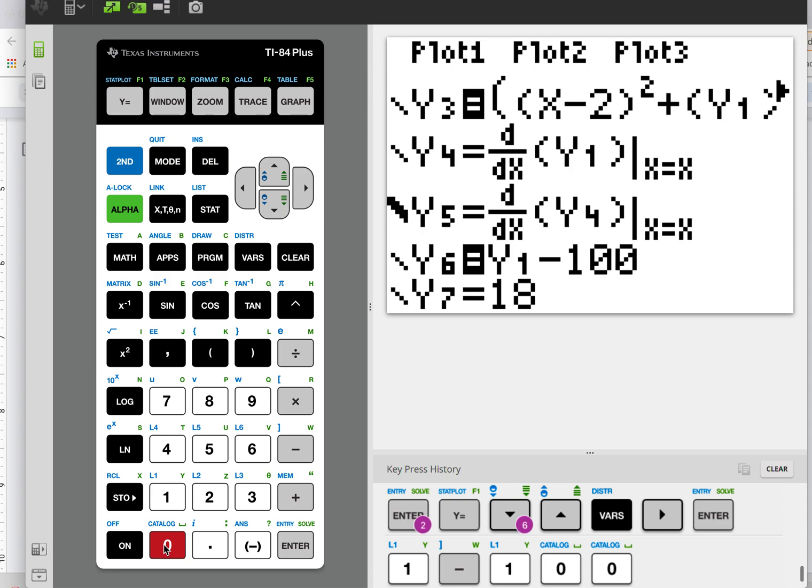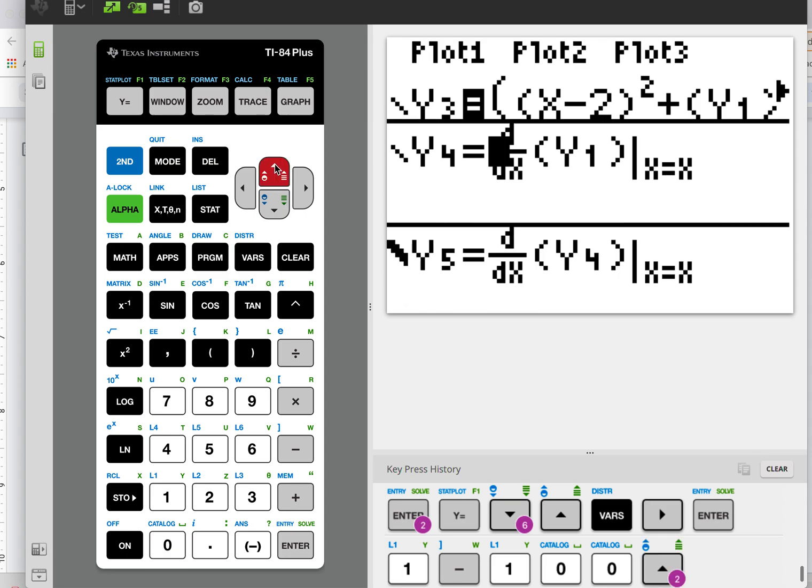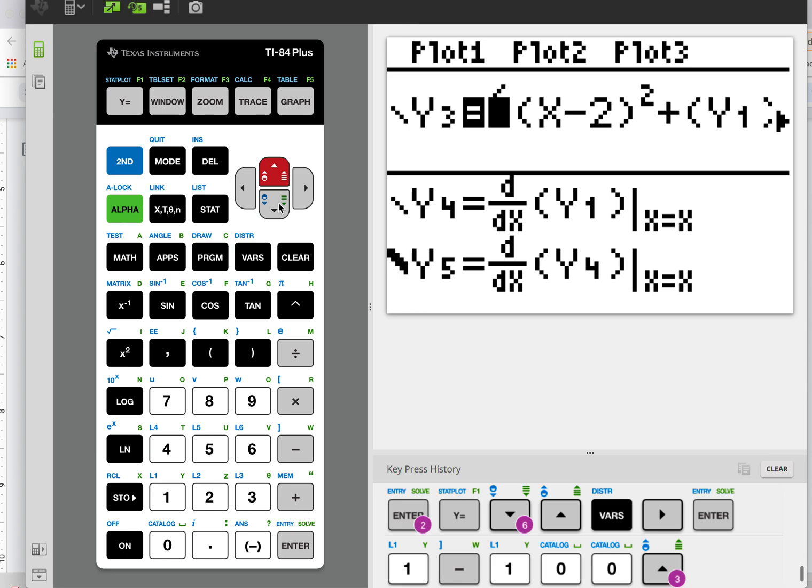Okay, that's my new function that I just want to find the 0 of, so that will work. So then I know that that's y6, and then I will change this function up here to be my derivative, which will be y6